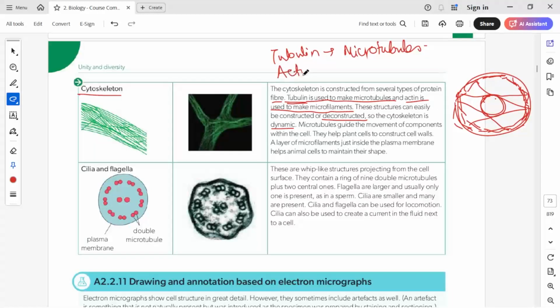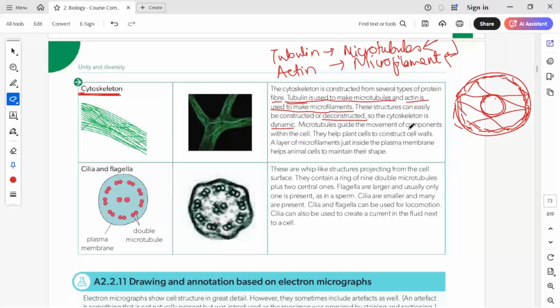Okay, actin proteins form the microfilaments. So basically the cytoskeleton of a cell is composed of microtubules and microfilaments, which keep the cell structure intact. It helps in transport of vesicles or organelles, and also keeps the position of a particular organelle fixed inside. So it helps the organelles to stay evenly distributed inside this cell.